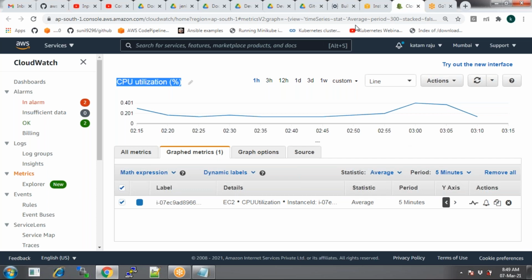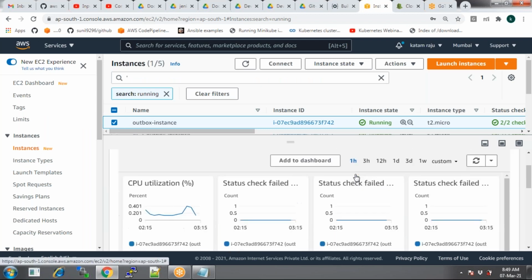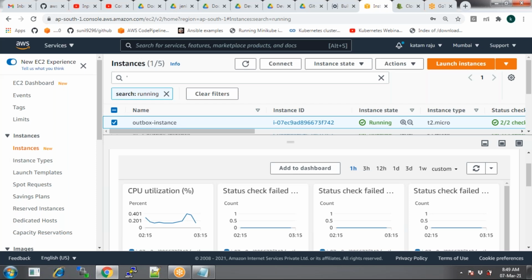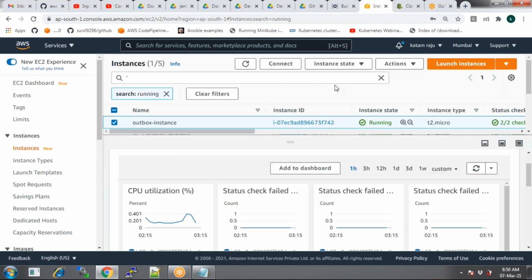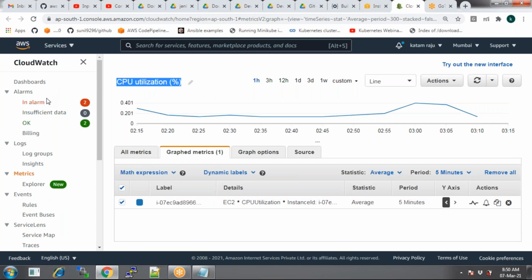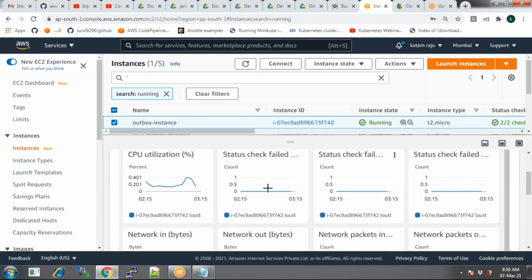Now, see CloudWatch. Select the instance. Once you select that, then you have the monitoring option. How is the monitoring being done? Monitoring is being done using CloudWatch. CloudWatch is another service which is integrated into EC2 so that I can use CloudWatch within EC2 itself. You don't need to go to CloudWatch and you don't need to monitor through CloudWatch. So there you have EC2, select the instance and click on monitoring, and there you can have your CloudWatch.